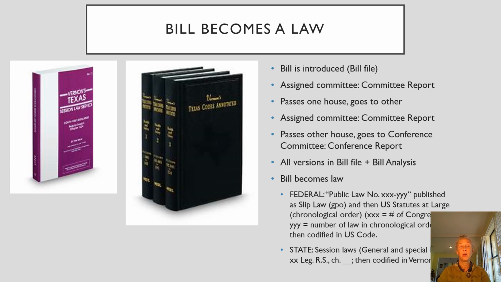So this is what the session law looks like when it first comes out. They're little pamphlets. Every legislative session, which is every 2 years, you'll get these, and they'll be a different color. So it makes it a little bit easier. Once again, those are in chronological order. Which topically it makes it a little bit different. You have to know what you're looking for to use these. The codes are a little different. They're organized topically, and they have table of contents and indexes, which can be very helpful.